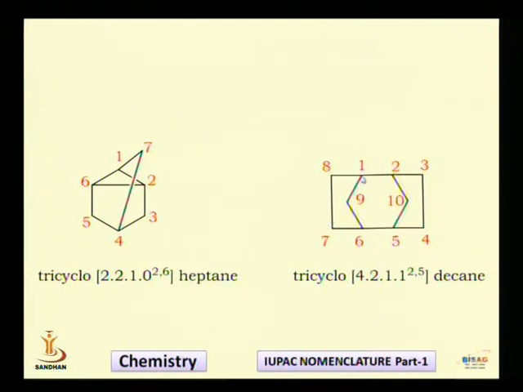And then after that you number on the principal bridge. Now see, the number 1 and 6, they are connected, isn't it? So this is called a principal bridge, where there is an involvement of number 1. So this bridge is a principal bridge. This is one more bridge, but this is not a principal bridge because there is no involvement of number 1. So this bridge is a secondary bridge.